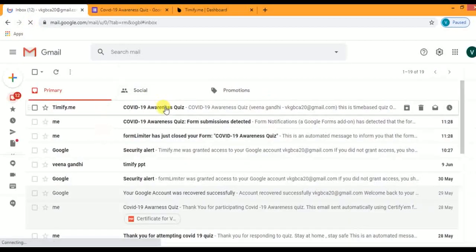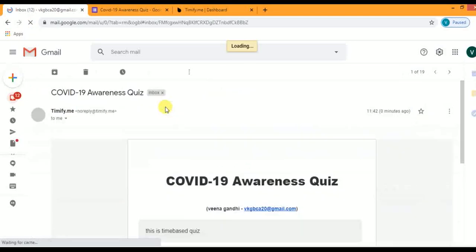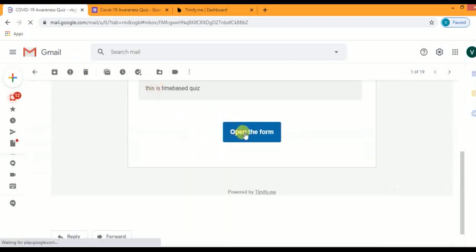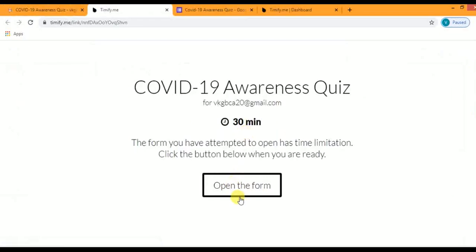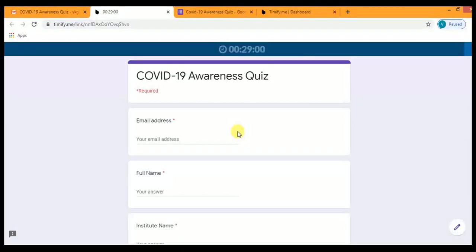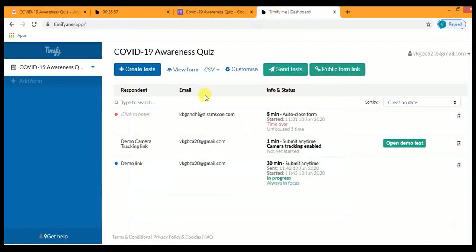See here, you can find here: this is a time-based quiz, and open the form. Now the quiz is started. Like this you can create a test.